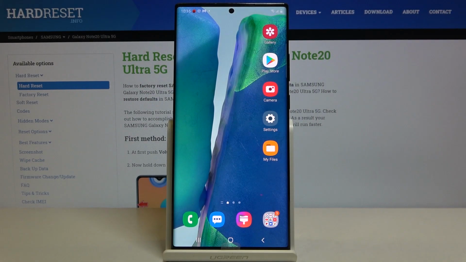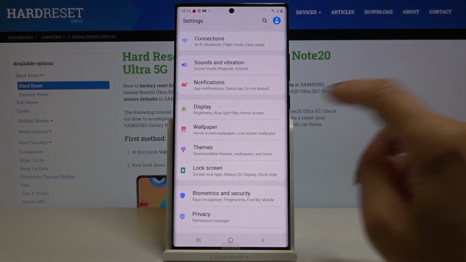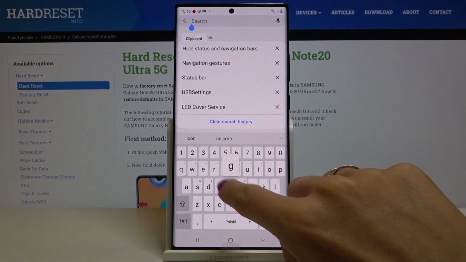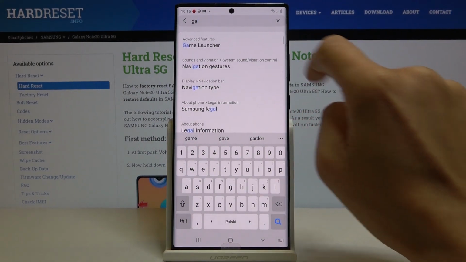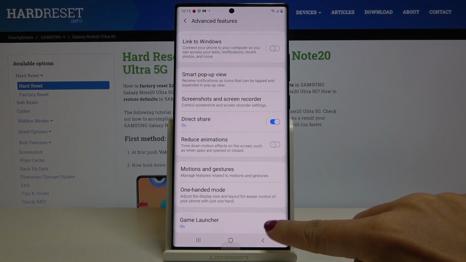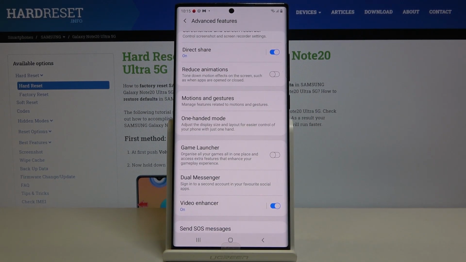In front of me is Samsung Galaxy Note 20 Ultra, and let me show you how to activate Game Launcher on the following device. So first of all, you have to open the settings, then you can smoothly enter under search area Game Launcher. Okay, so it's right here, and if you'd like to activate it, actually now it is active, just tap on this switcher and it will organize all your games in one place and give you access